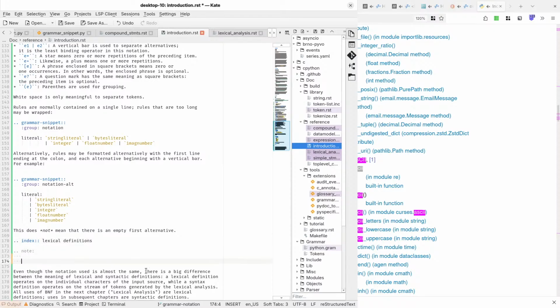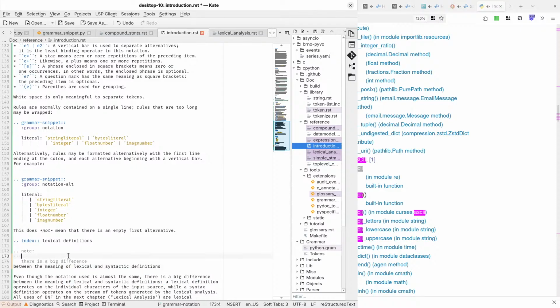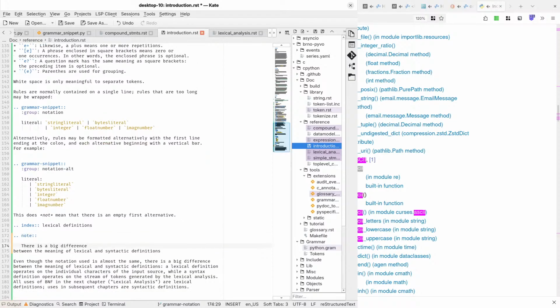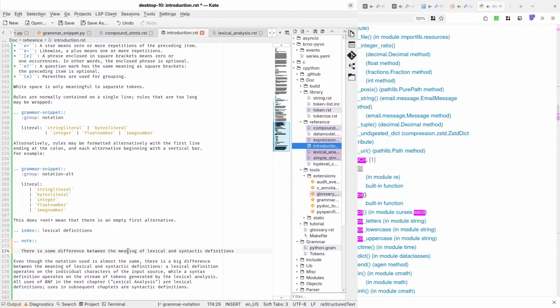And now there is not a big difference. There is some difference between lexical and syntactic definitions.